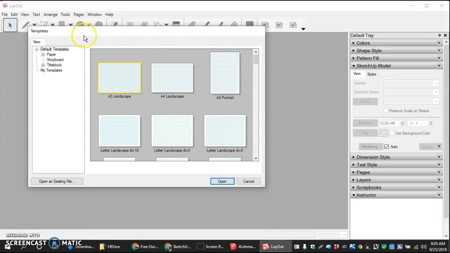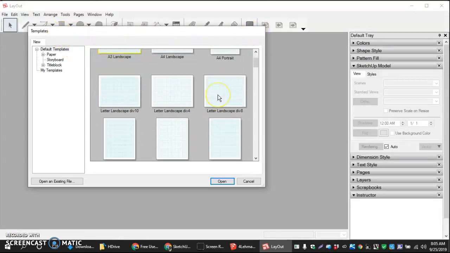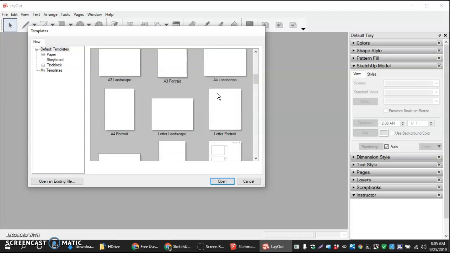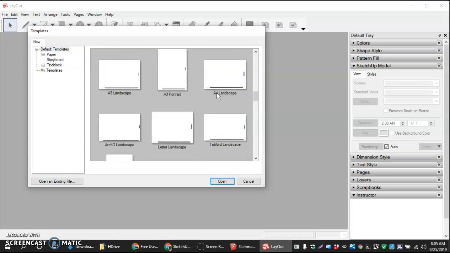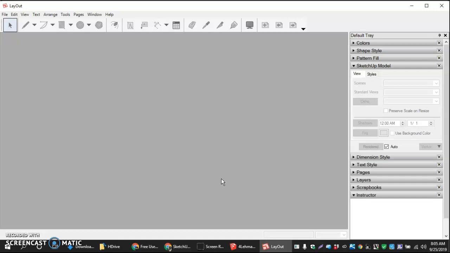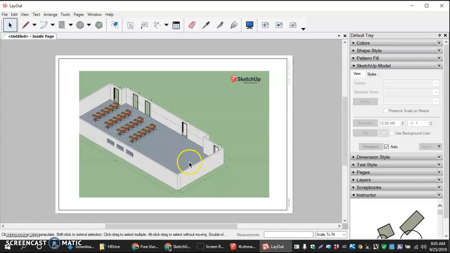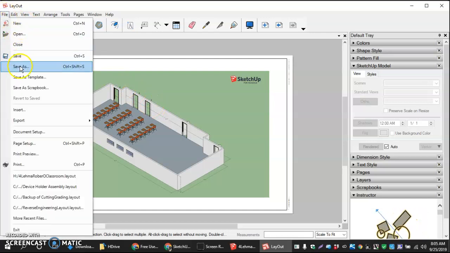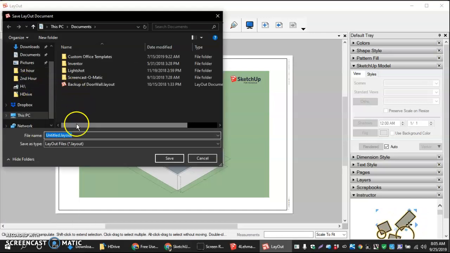Once it opens, it's going to ask you what template you want to use, and we're going to scroll down, and it's a little ways here until we see ArcD, Architectural Design, Landscape, and we're going to hit open. There are some things we're going to change in this right now, but the first thing we're going to do is file, save as, and make sure we name this, because right now it's untitled. We're going to call this classroom,